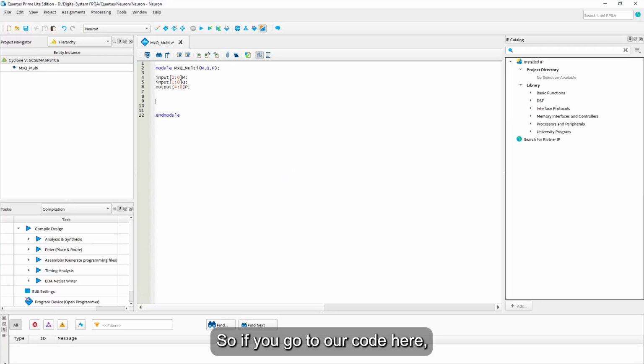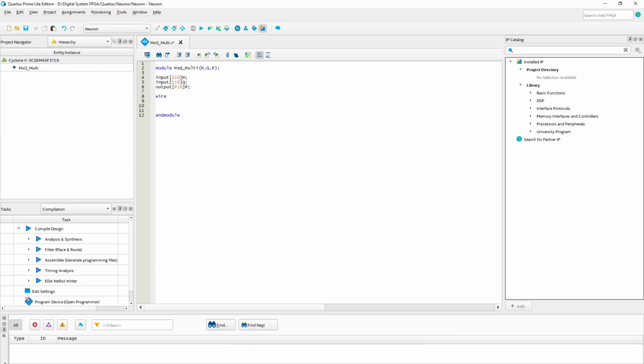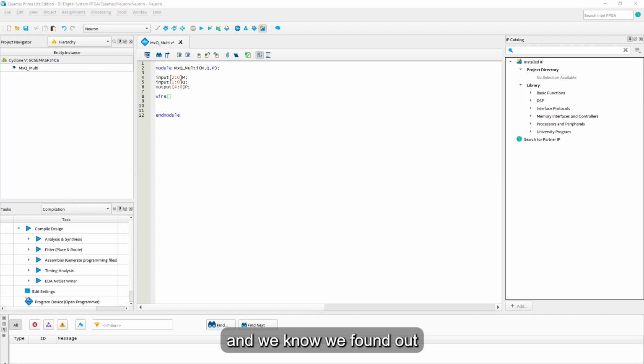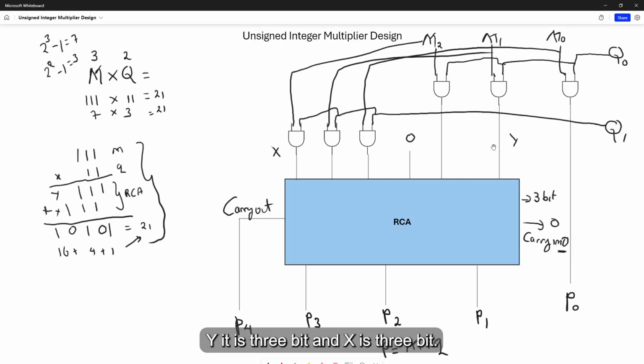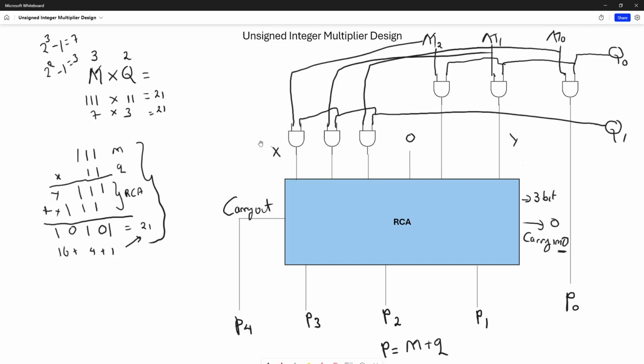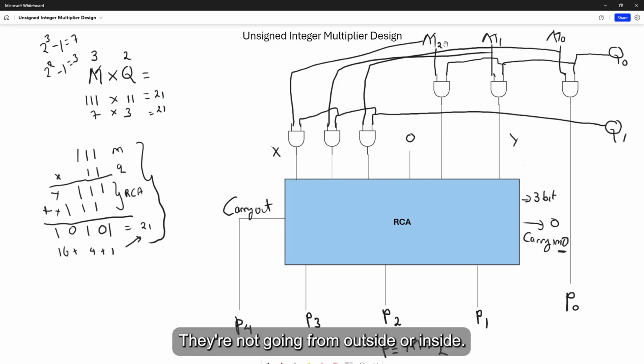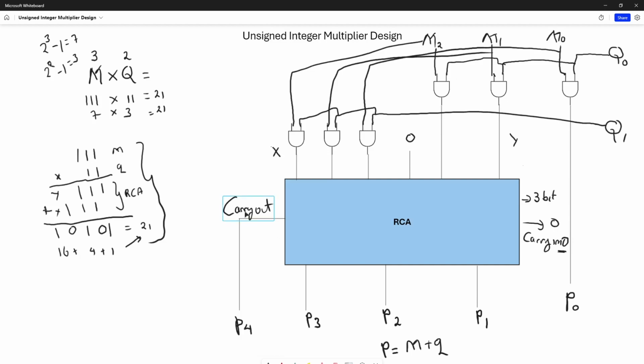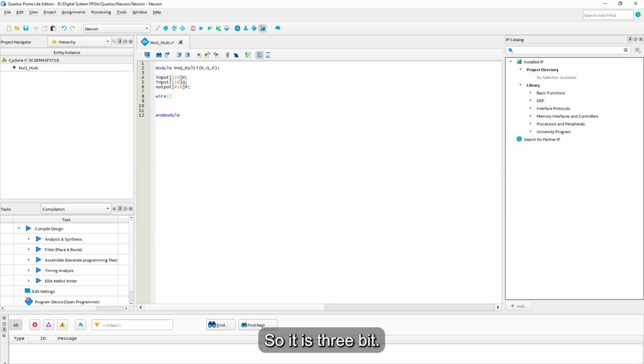So if we go to our code here, what we can do now is declare a wire, since this is an internal wire. We found out y is 3-bit and x is 3-bit, and this is an internal wire, they're not going from outside or inside, so it is 3-bit, from 2 to 0, x and y. So we can assign